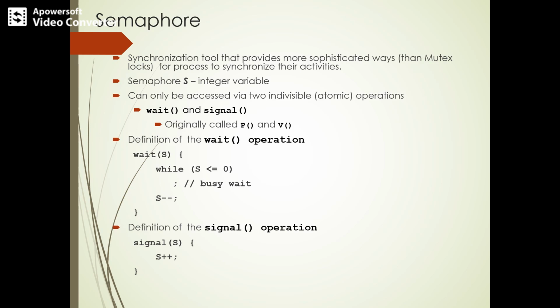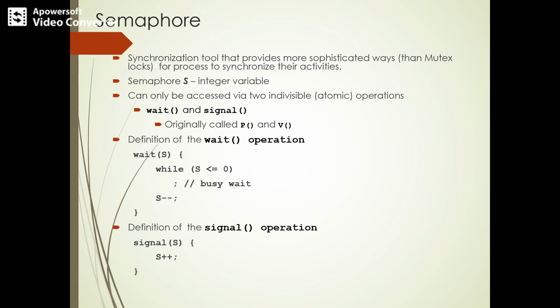You can observe that a signal operation increments the semaphore. We use the signal operation when a process wants to exit the critical section: signal of that semaphore, incrementing the semaphore by 1. A semaphore operation is atomic, and the basic property of semaphores is that they are machine independent. That means it is not dependent upon any machine. Semaphores can be implemented anywhere and are easy to implement, and they may require many resources simultaneously.